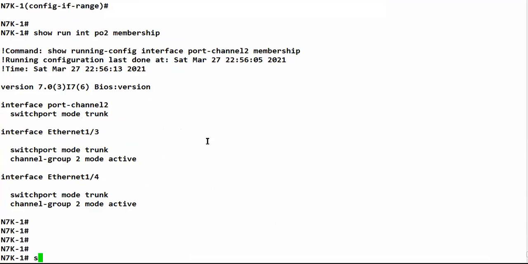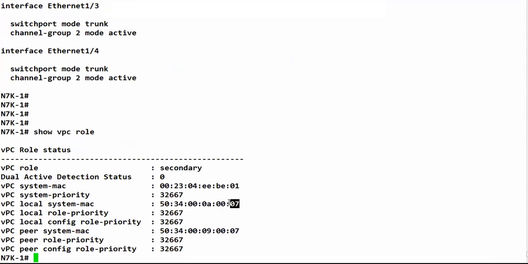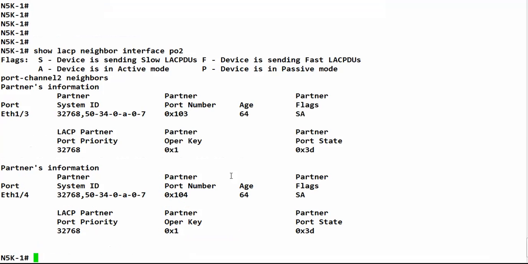And what is that? If I do a show VPC role, 0A07 is the local system MAC, because the VPC system MAC is ending with 01, which is the domain ID number, right? So because N7K and N5K are singly connected,